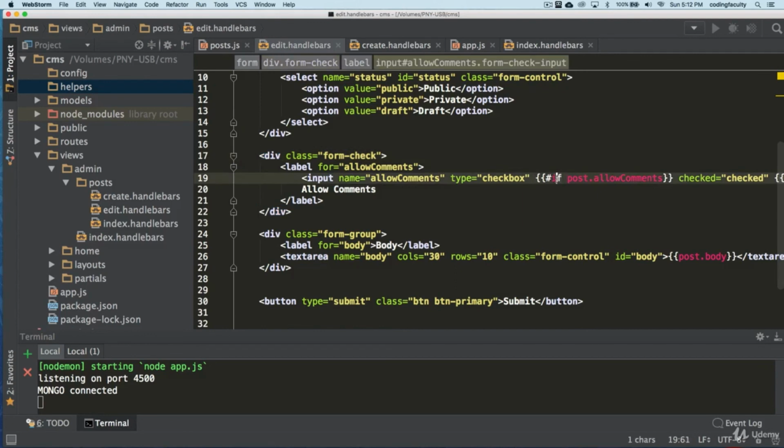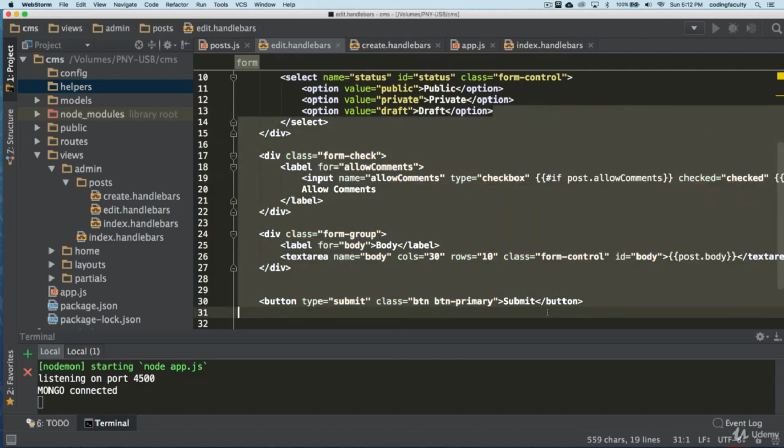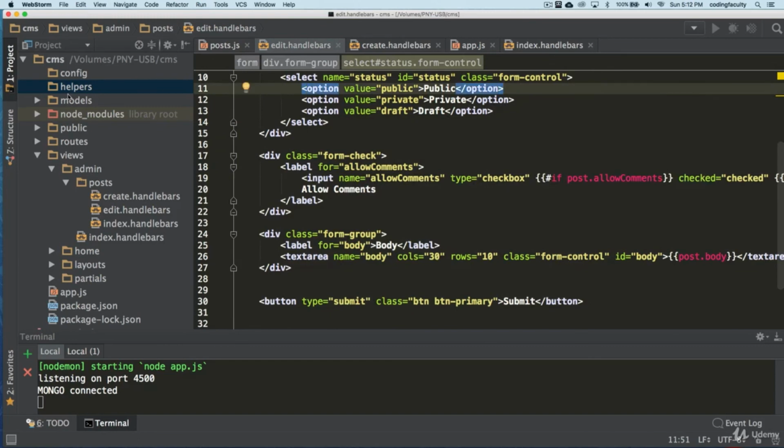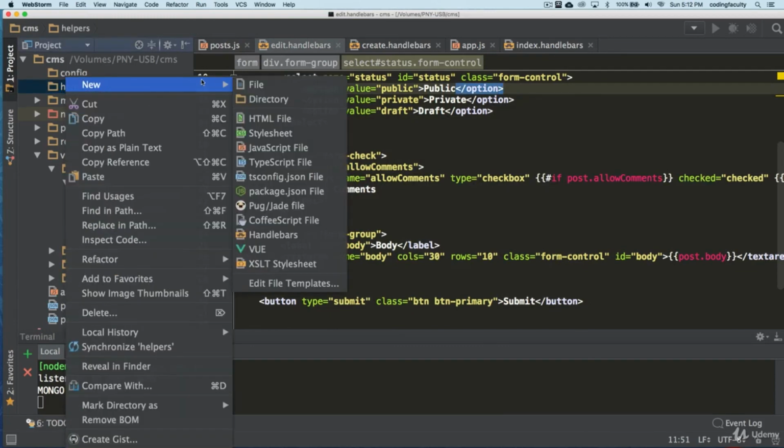So you see that they do have built-in functions like if. These are built-in functions, but we can build our own functions as well. We don't want to have to do if this, if that like a million times here to display something. So we're going to create these helper functions. Let's go and create this file.